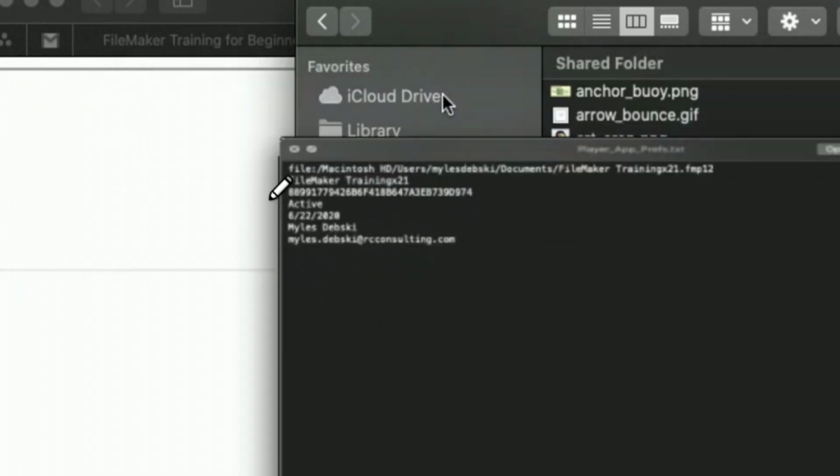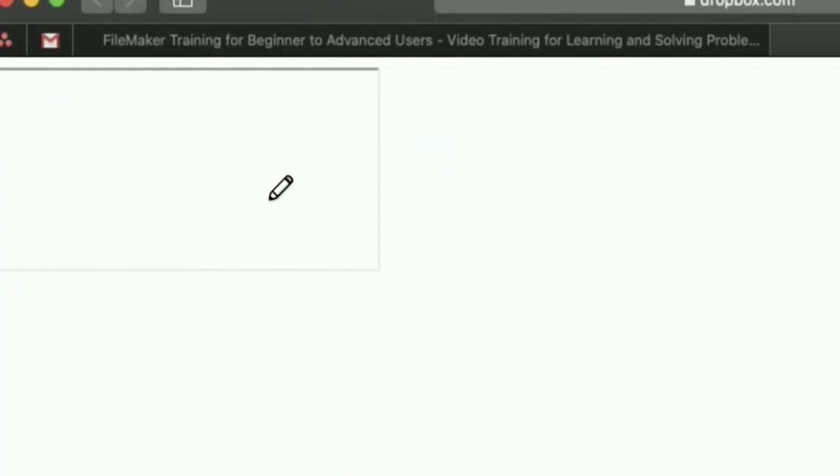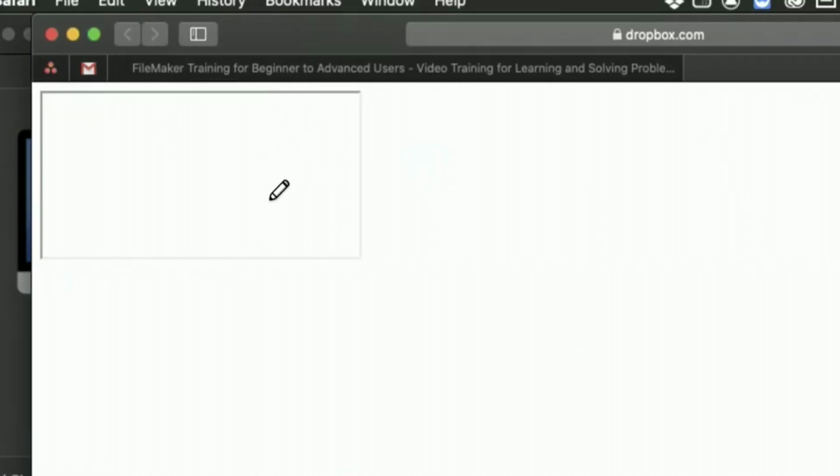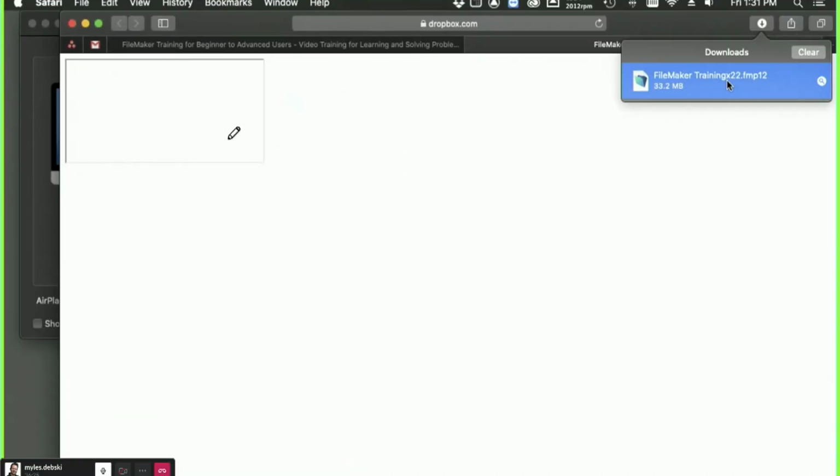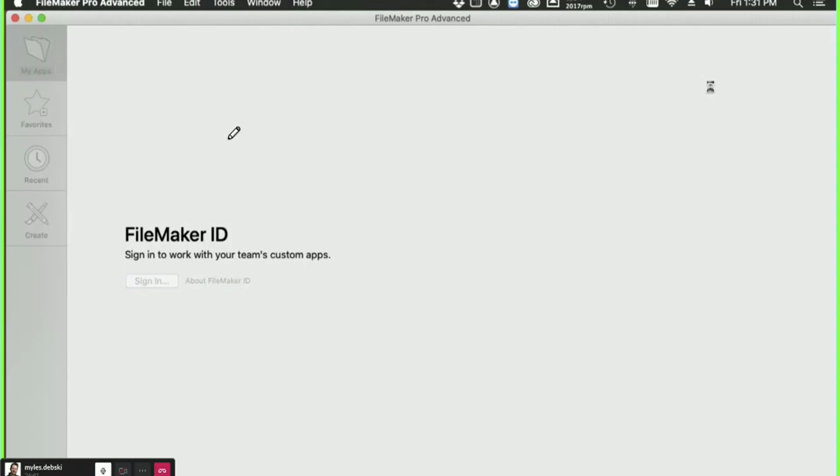The next step is we told the person to find the file, find their downloads, right? Yeah, so I'm just going to open it here, and what it's going to do in that startup is look to see if one of those little preference text files exists, and if it does, it's going to import it, and then it's going to verify it against the server because it has a license key in it. Correct. So I double click this,